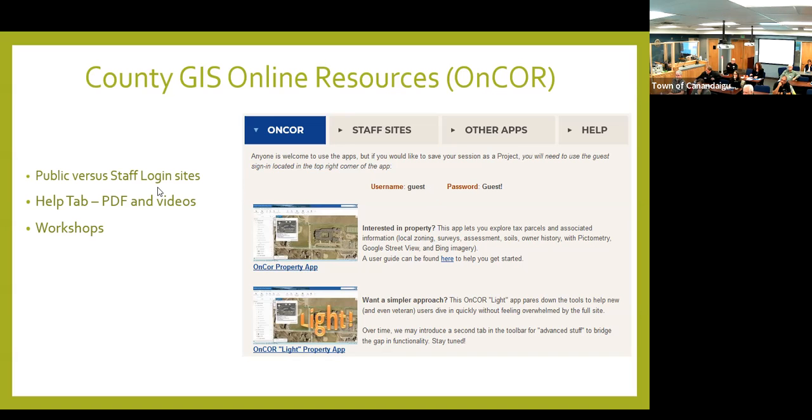If you click on that, I call it the welcome page. By default, you're seeing the two public OnCor viewers. If a user wants to log in, they can. It's the same for anybody. It lets you save a session. So just bear in mind that if you do that,